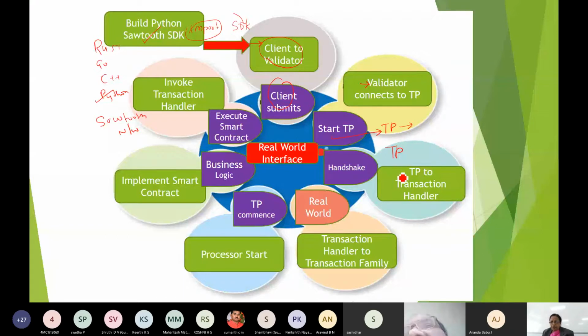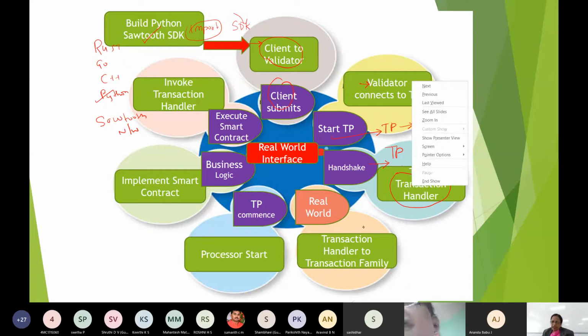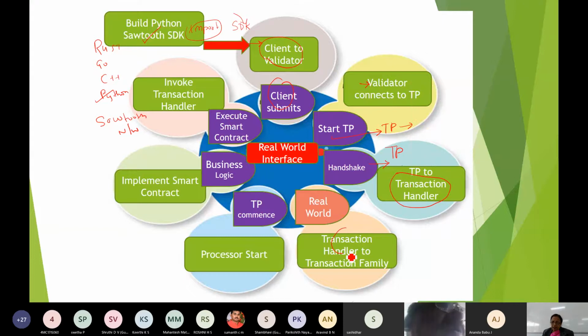This TP is having a transaction handler. Okay, there is a handshake here. This transaction handler is connected to the transaction family. Please remember that whenever I say family, you know, that slide.